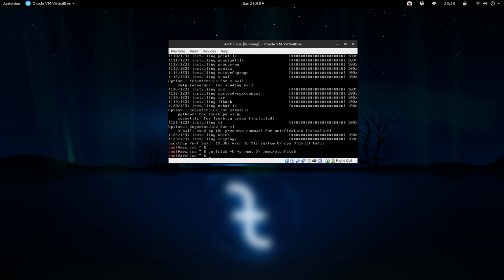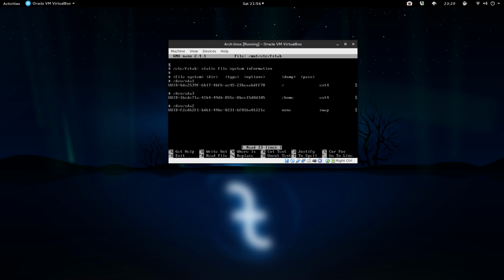Once that's done, you can take a look at it by going into it: nano /mnt/etc/fstab. As you can see, SDA1 is my root, SDA3 is my home, and SDA2 is my swap. So it does generate the correct way.